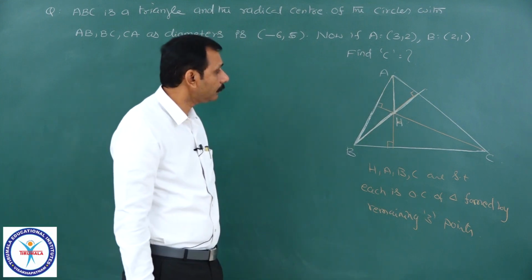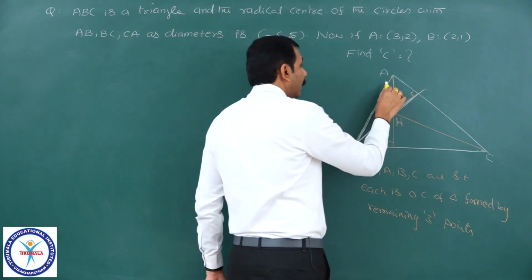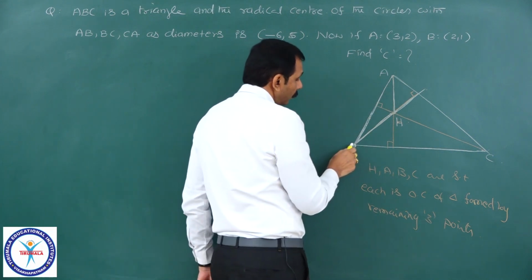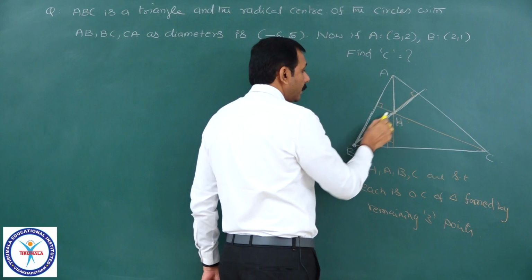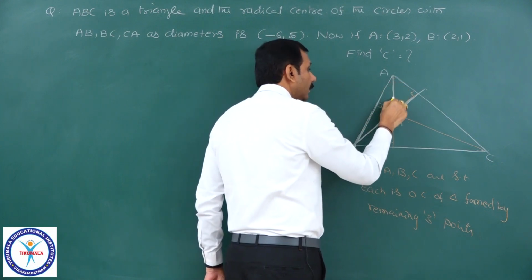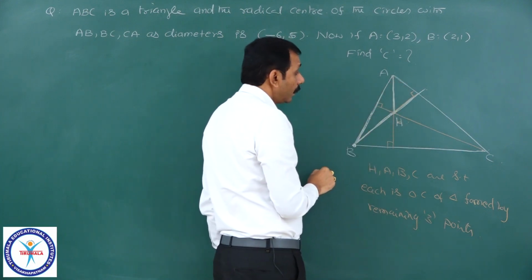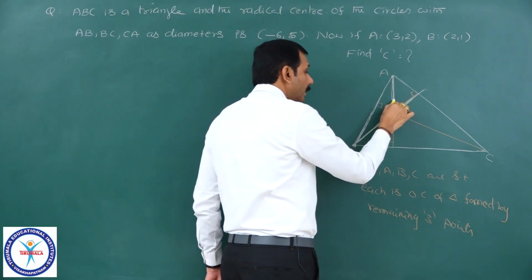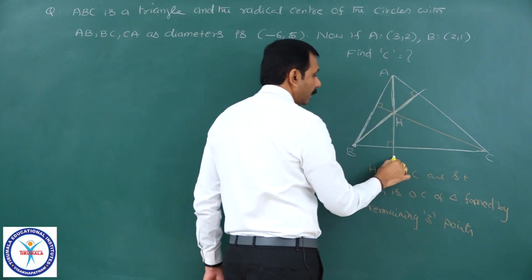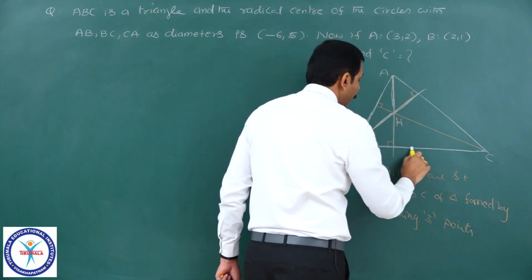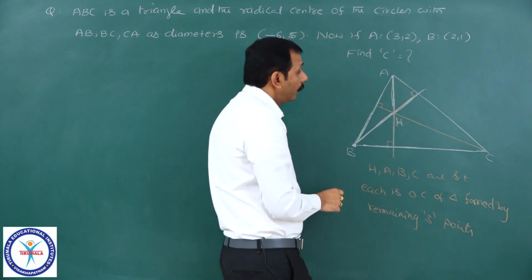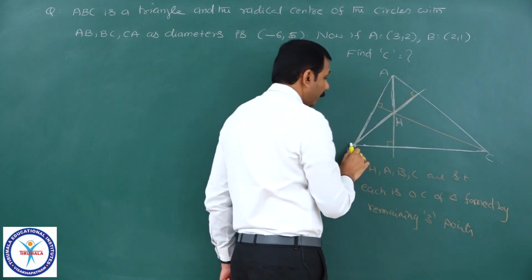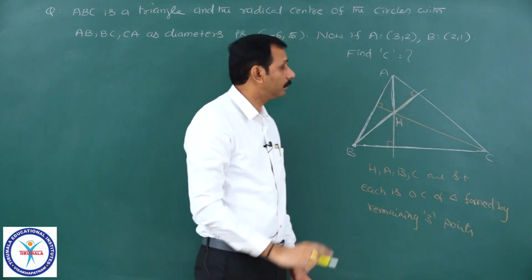Now, if I take the altitude through this vertex B, in triangle ABH what is the opposite side? This AH only. Now I want a line passing through B and perpendicular to AH. Perpendicular to AH, this is AH, the complete line, means this BC only. Therefore, for triangle AHB, AC is one altitude, BC is the other altitude.